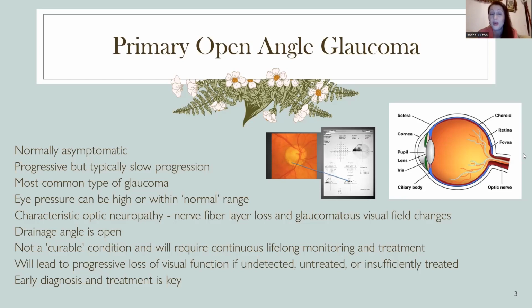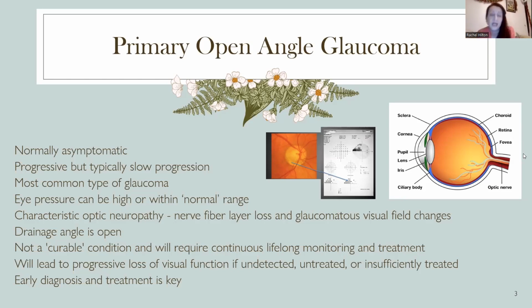When we talk about the primary aspect of it, we're saying that that is just the way the eye is. And what I mean by that is that there's no secondary cause, because you can get some glaucomas that are caused by other eye conditions or systemic conditions. So, for example, uveitis is a big one. When you have inflammation within the eye, unfortunately, that causes issues that can give rise to intraocular pressure going up and then changes to the nerve. So you can get these secondary glaucomas from all kinds of other conditions, but in this case, it's primary. It's simply the way the eye is.